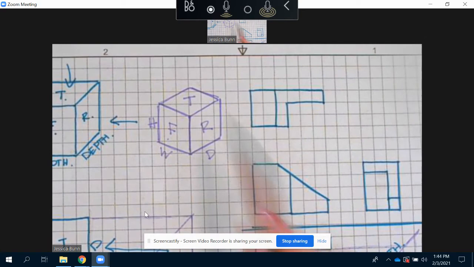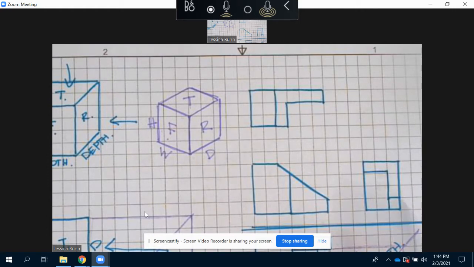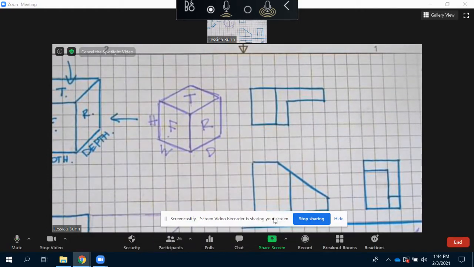So if you want to add this to your notes with the sides labeled on there, that might be helpful for you, or you can come back and do that later. But I did add this on there. And then if I share my screen with you,